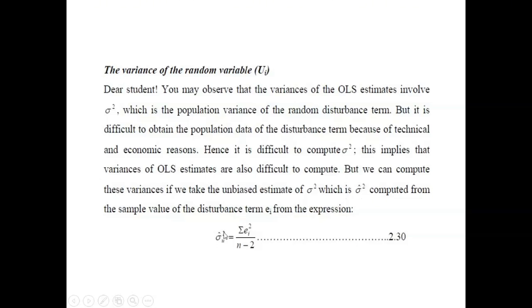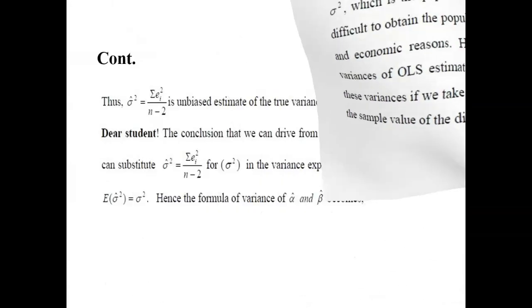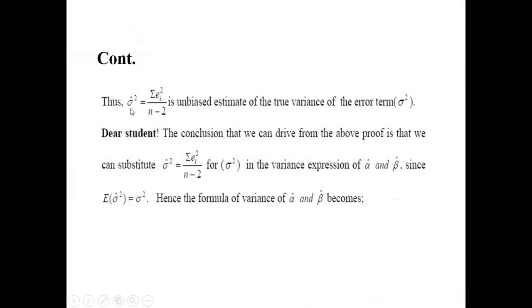Therefore, this expected population variance is equivalent to the summation of the error term over n minus 2, where n is the number of samples or number of data. So here, the summation of the error term over n minus 2 is an unbiased estimator of the true variance of the error term of the population variance. So the conclusion that we can derive from the above proof is that we can substitute this for the error term in the variance expression of alpha hat and beta hat, since the expected value of the